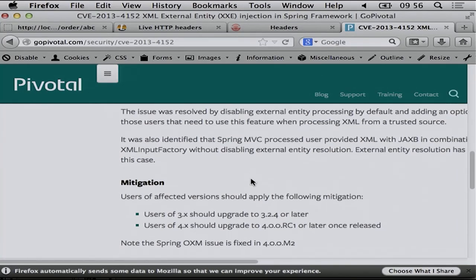So check out that web page, because on that web page you will see all this stuff, and that will tell you that you should upgrade. Where were we? 3.2.4, yeah. Or if you're using Spring 4 already, then you have to use release candidate 1 or later. It's not available yet, but yeah. So check out that web page, right?